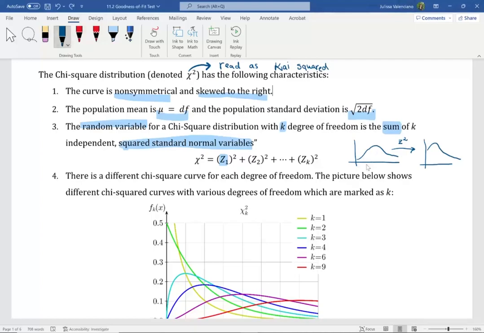I mean, think about it. When we take the square of those z-scores, most of them are going to be a value close to 0. Again, think about it. The z-score here at the center of the standard normal distribution is 0. If you take the square of 0, you just get 0. Now you're going to have some z-scores, and most of them, again, are going to be close to 0. When you take the square of values that are close to 0, you're going to get something close to 0. Now, we do have some z-scores that are more than 2 standard deviations away from the mean. So when you take those z-scores, let's say the z-score equal to 5, and you square that z-score, you're going to get 25.